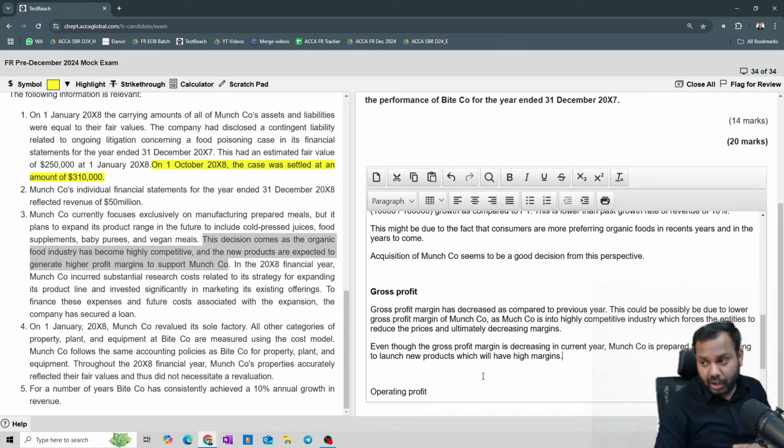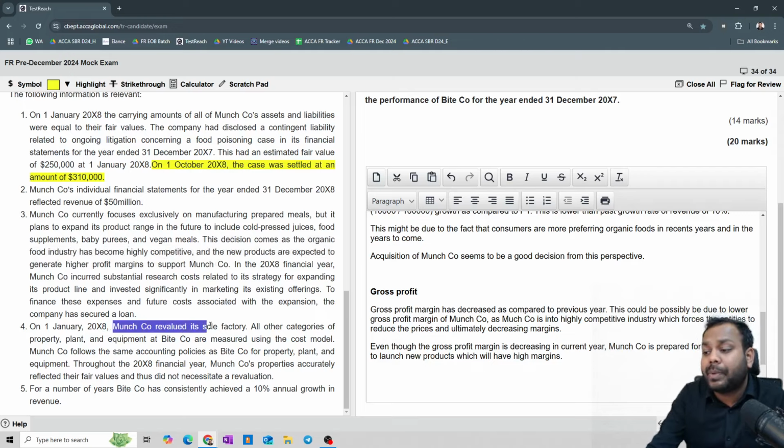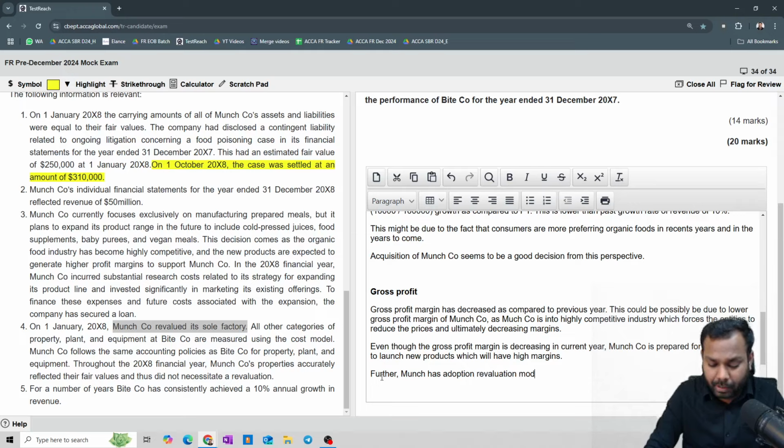Okay, now further understand one more point. We see that Munch company revalued its factory. Now further, Munch has adopted revaluation model, which will further increase the value of assets, increase the value of non-current assets, thereby increasing